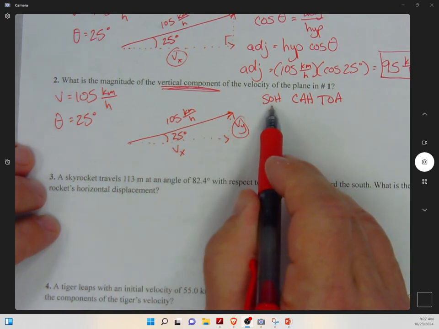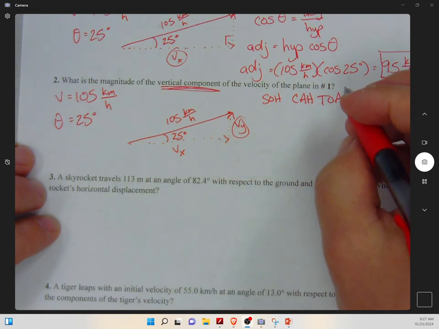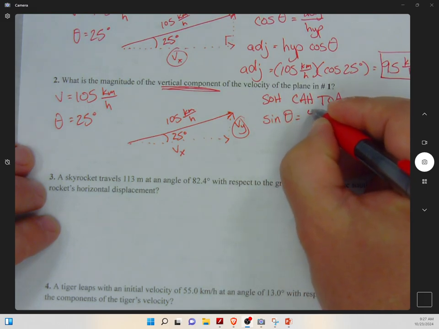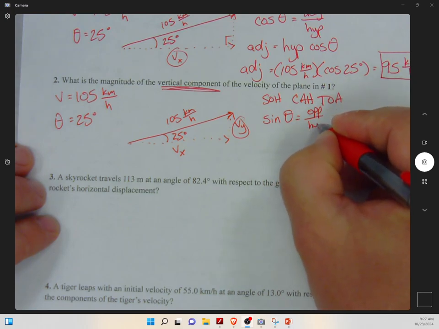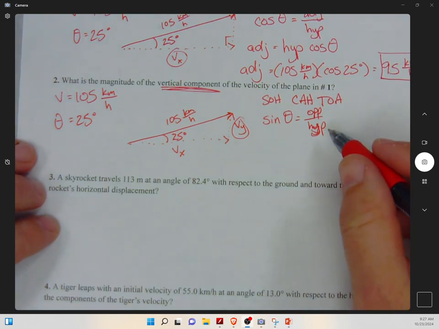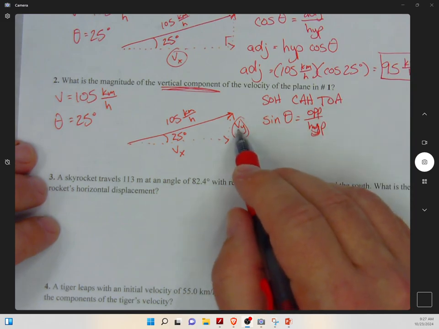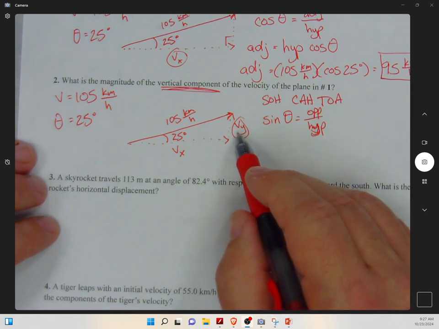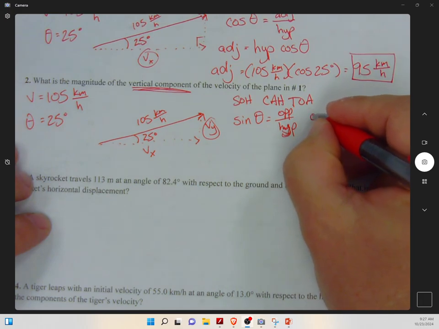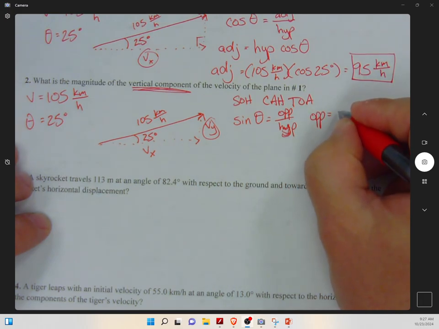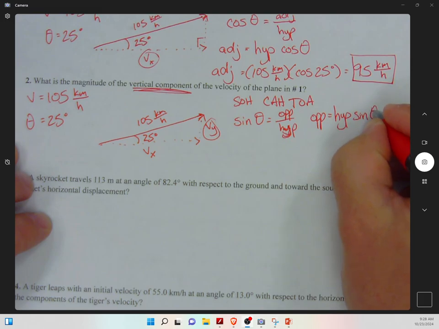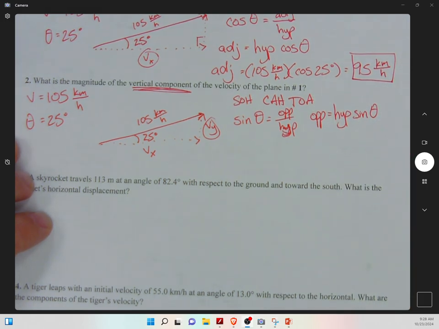So opposite side is going to be sine, and we know that the sine of any angle is the opposite side divided by the hypotenuse. And so if I'm going to solve for the opposite side, which would be the vertical component of the velocity, I'm going to need to algebraically rearrange this to look like opposite side is equal to the hypotenuse